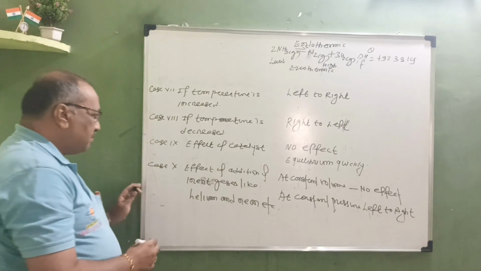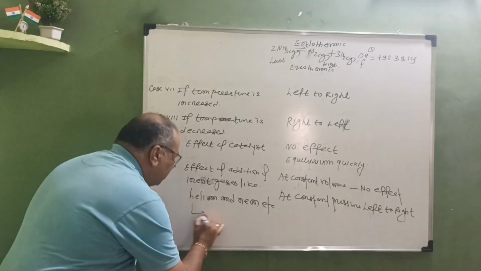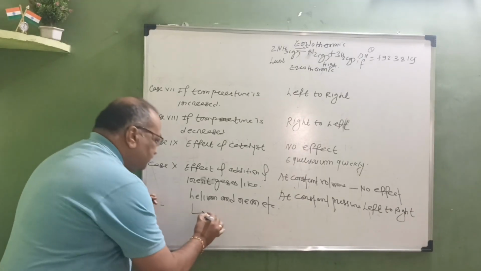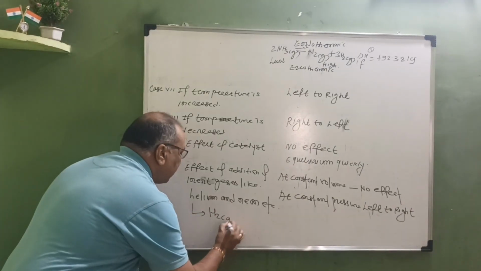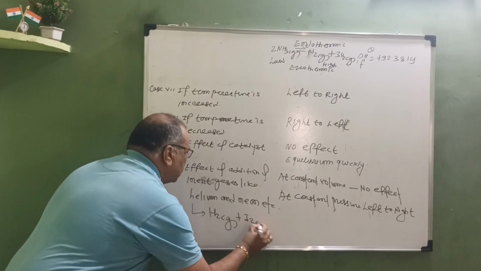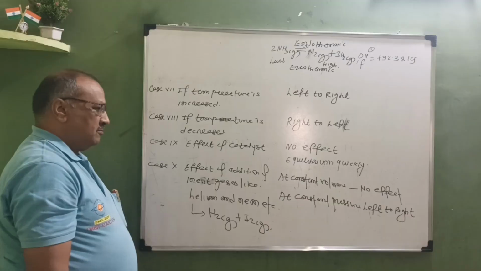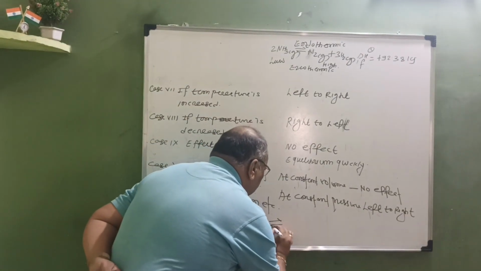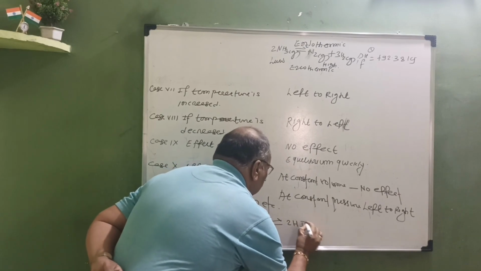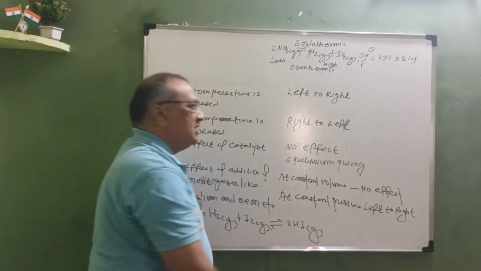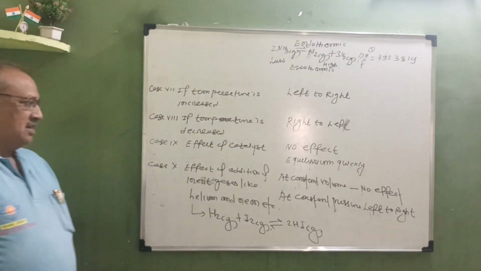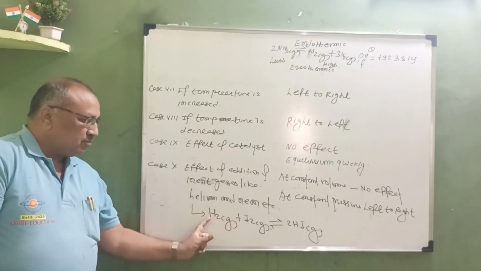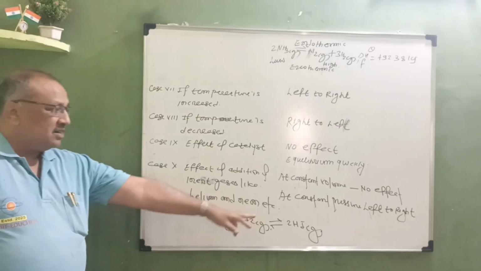But it is not applicable when number of moles of gaseous reactant is equal to the gaseous product, that is H2 gas plus I2 gas gives twice HI gas. Here number of moles of gaseous reactant are 1 plus 1 means 2 and here gaseous product